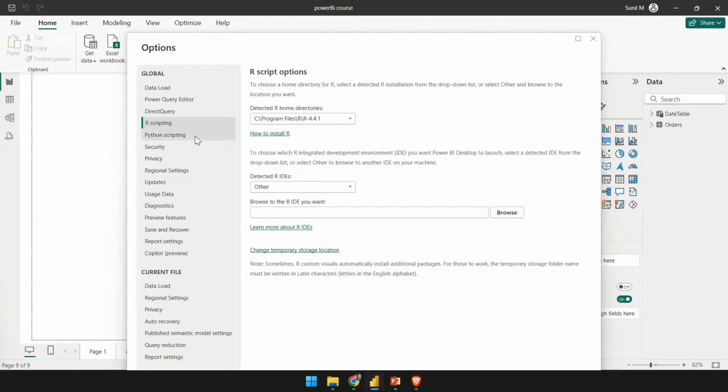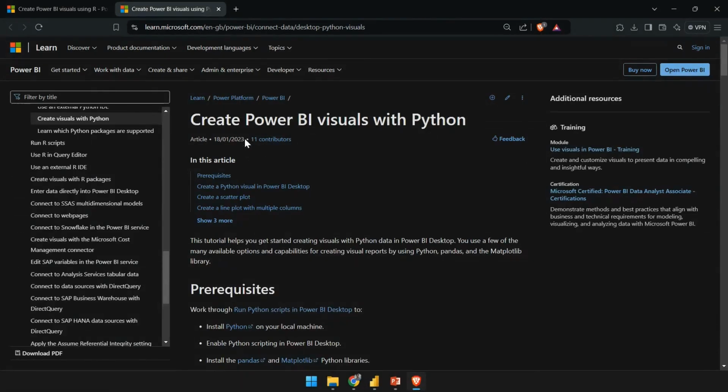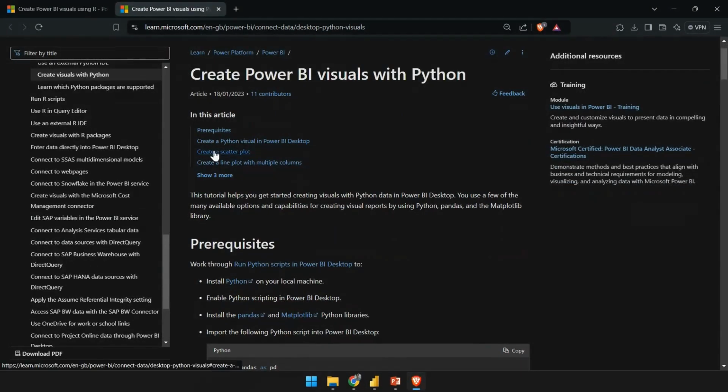Now going to Python scripting, the same can be done for Python scripting. You can select a directory. Currently I'm using the Anaconda Navigator for all my Python functions. So here it has automatically taken up that directory's information and the file path. If you are not using any IDE, you can click over here on How to install Python. Then over here it will tell you what the prerequisites are